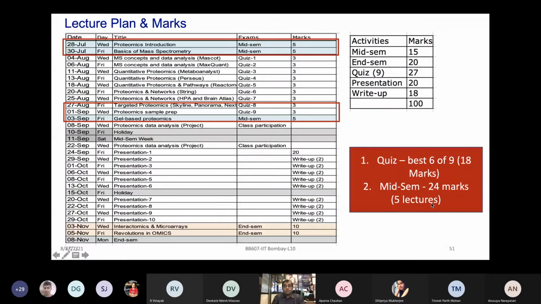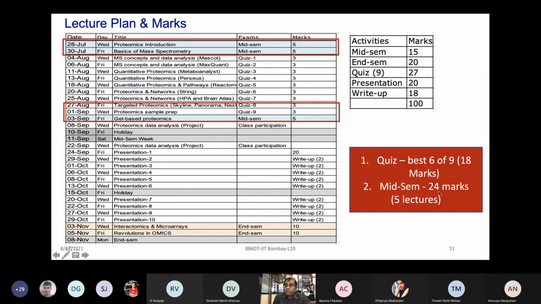Just to sum up, and before we move to the Skyline session shortly, I have made a slight change looking at your quizzes. Some of you had problems being online in the defined time for the software-based quizzes. So we are going to take the 6 best quizzes out of 9. Today will be the 8th quiz, and we have one more in the next class. We will take your best 6 performances of the 9 quizzes, which will give you 18 marks, right? So it means slightly less than what you would have thought in the beginning, and that could be a big relief to some of you who have missed some quizzes because of your network connectivity and all.